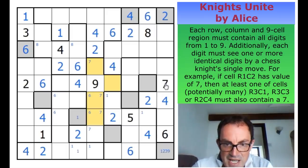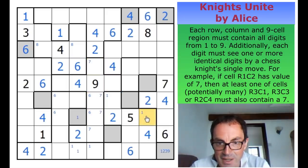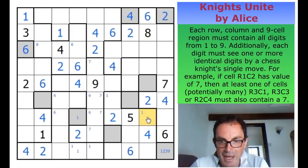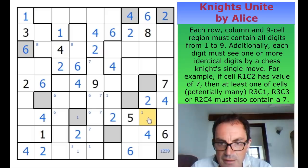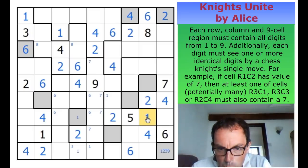Oh, yes. Yes, I've got one. I've got something. This square can't be a 1, because if I put a 1 into this square, let me just double check this. If I put a 1 in this square, I can't put a 1 in a grey cell, I don't think. So let me just look at this. If this is a 1, now what is the counterpart to this 1? Oh, no, it could be that one, could it? Oh no, it can't be that one because I've got...